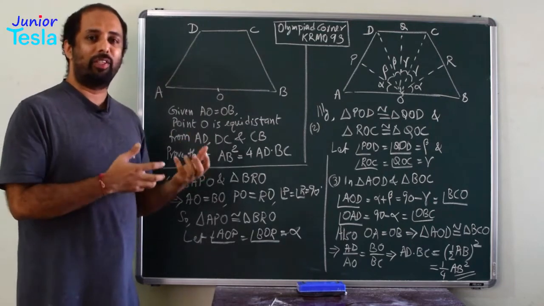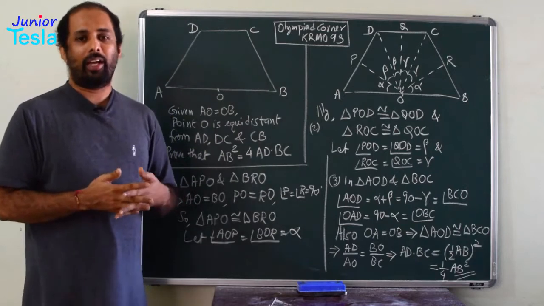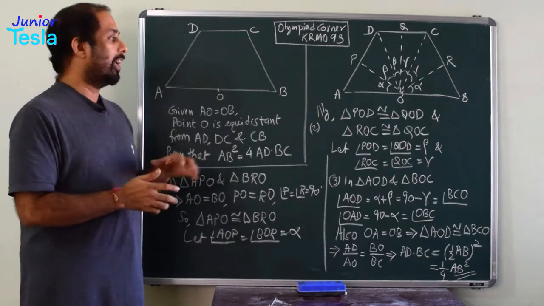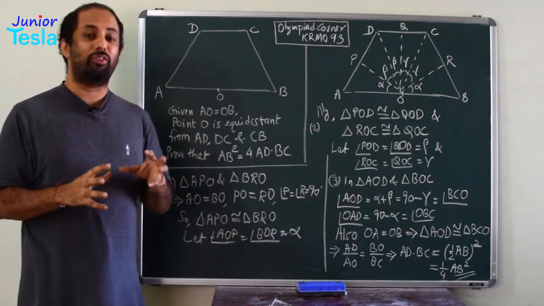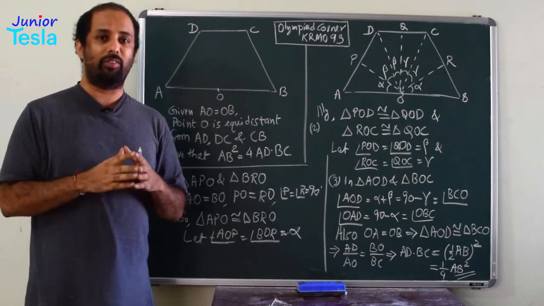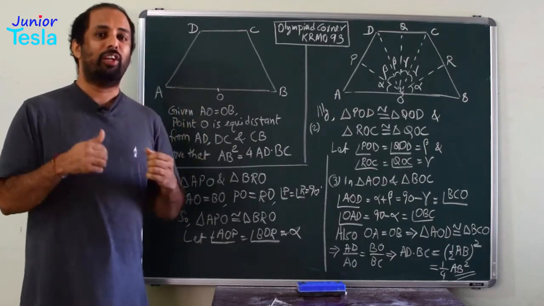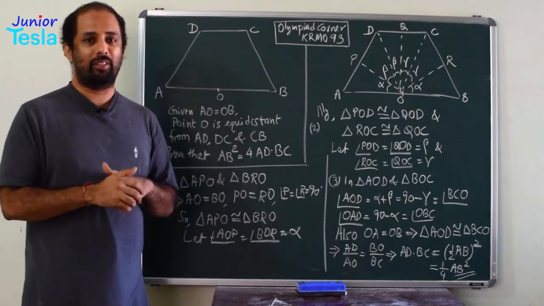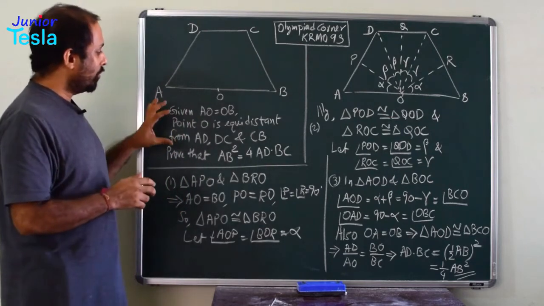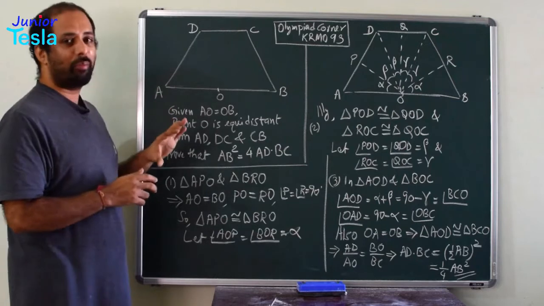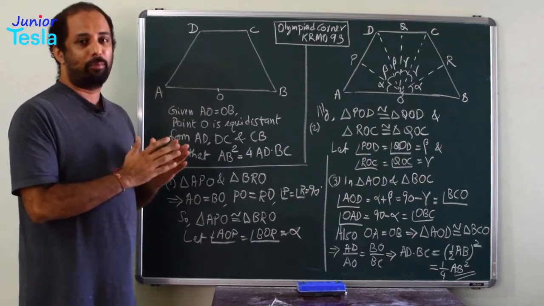We have to make use of the information given in the problem, and as I told you earlier, since they have not mentioned that it is a trapezium, we should not assume that it is a trapezium. Whatever information has not been given, we should not assume and solve the problem, right? So, we have to make use of only those pieces of information that are given in the problem explicitly.